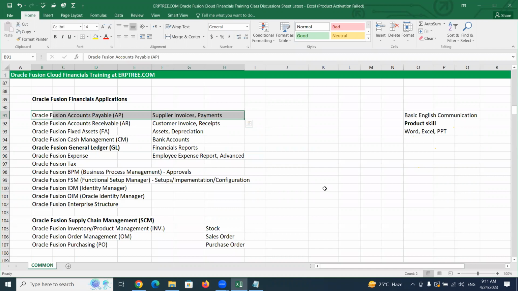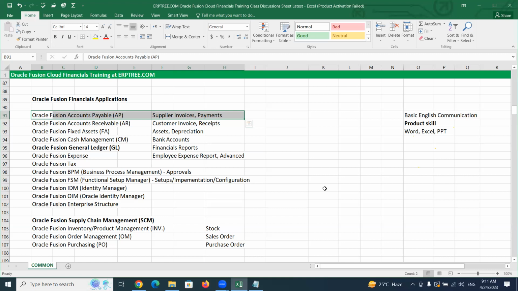If 20 accountants are there in the company who are handling payables activities, you have to create 20 users so that they can connect to these Fusion applications and start working on the system. And again, for the 20 users, which employee or which accountant is responsible for what activity? There may be a few employees who are responsible for creating purchase invoices. A few employees may be responsible for processing the payments. A few may be responsible for creating suppliers.